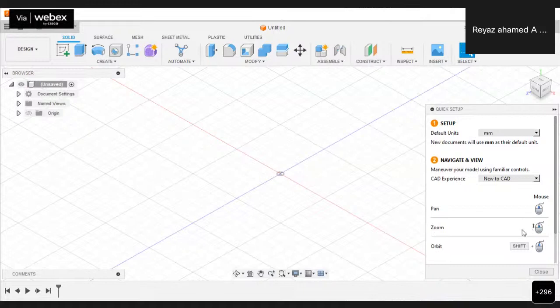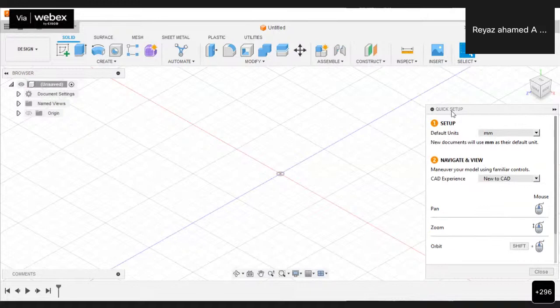For zoom, just scroll the central scroll button front and back, and you can zoom the model inwards and outwards, that is, zoom in and zoom out. And for orbit, if you want to rotate the object, you may use the Shift key and the central scroll button.